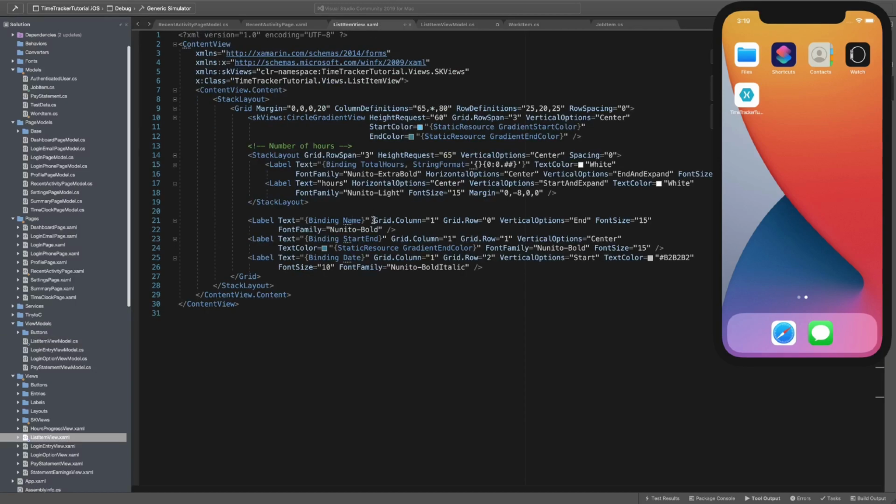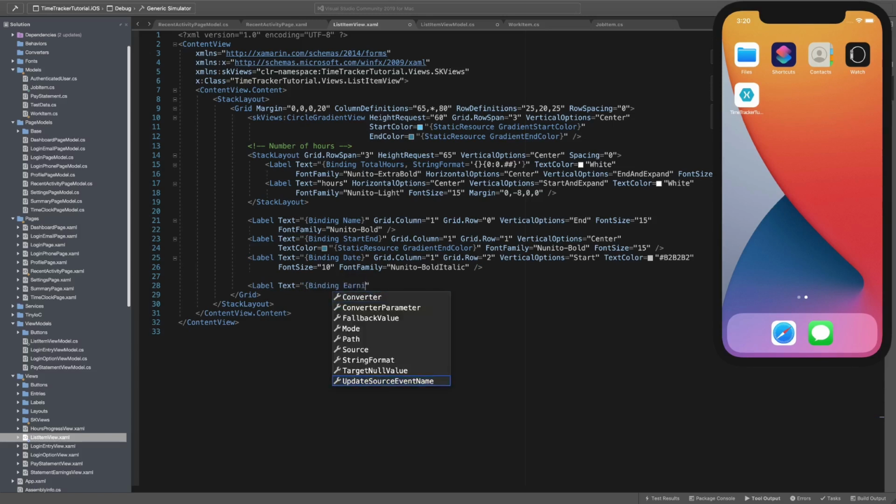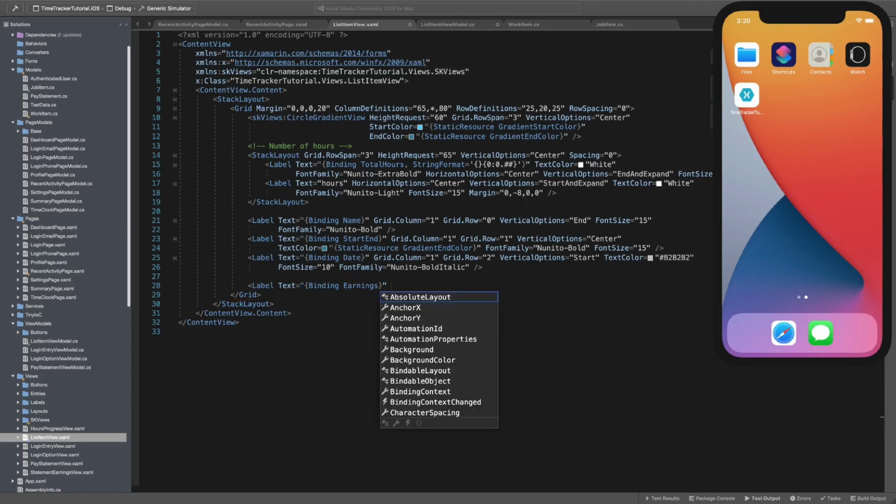So in our list item view, we are missing earnings. So let's go ahead and add that. That's that label all the way to the right. So that'll be another label, and its text will be bound to, I guess, just call it earnings. Binding earnings is fine, I suppose. We could make it a string. Yeah, we'll just make it a string. That's easier. That's fine. Because then we could say, you know, undefined, or we're not just limited to a format on a